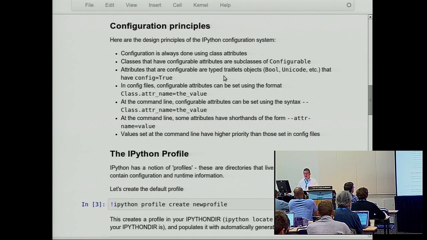So the principles of configuring IPython are that configuration is always done using these class attributes that describe all of the objects that make the machinery. And yes, it is complex, but it gives you a lot of freedom to create effectively custom applications for your own purposes. We have a parent abstract class called the configurable that defines the pieces of the applications that are configurable,